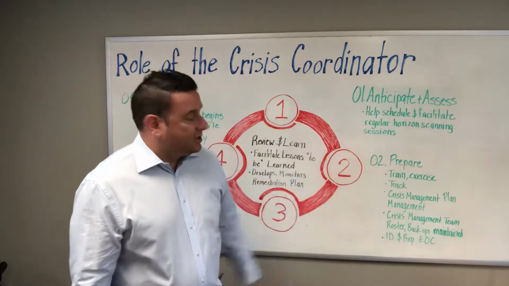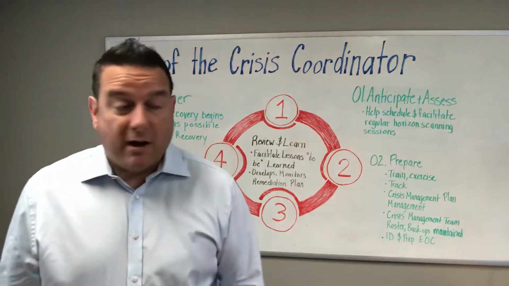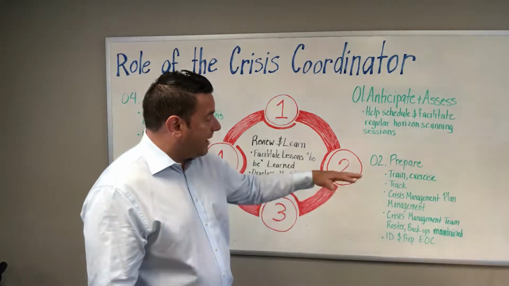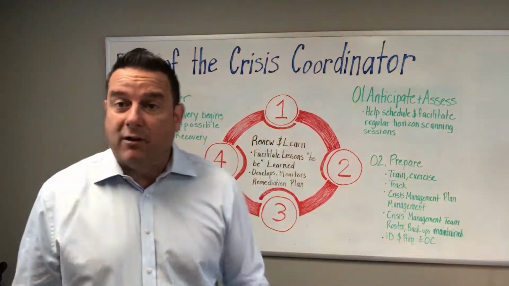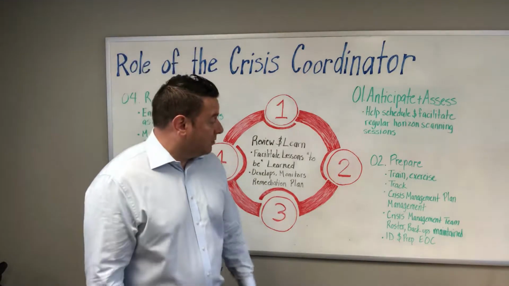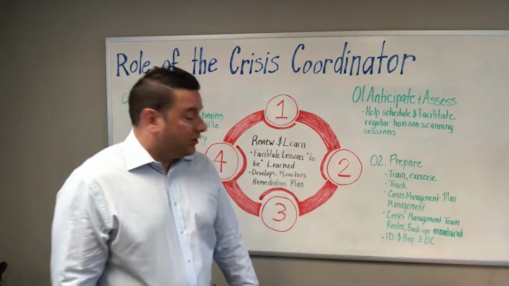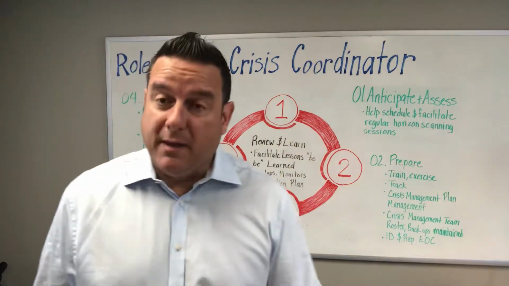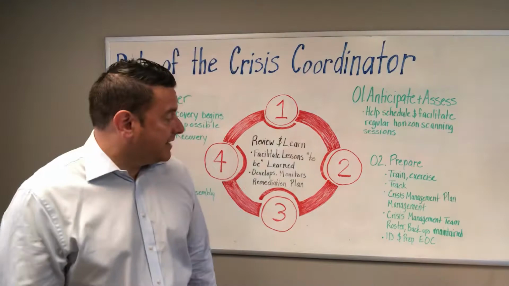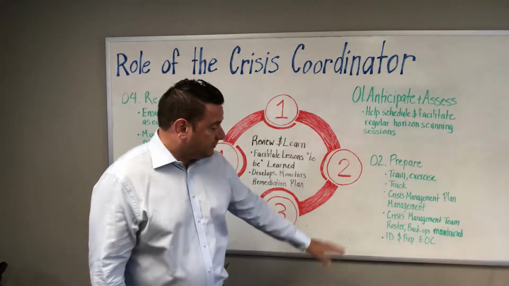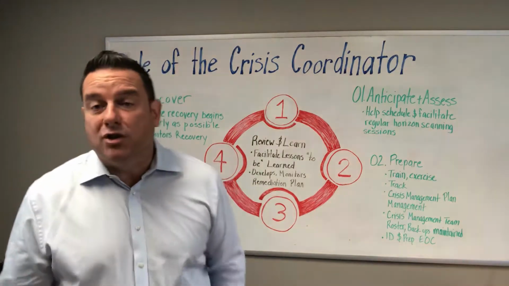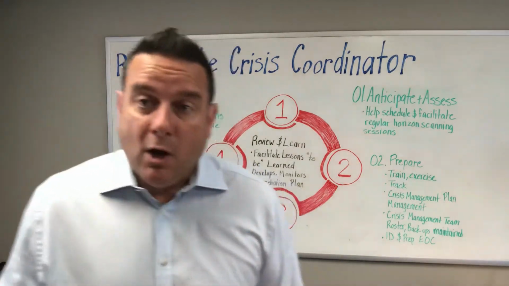The next thing is to prepare the team. And the crisis coordinator's role is to train and exercise, to track everything, to develop that crisis management plan if there's not one in place, or certainly manage it once it's in place. Make sure there's a roster of the team and the backups are ready to go, so everybody understands their roles and responsibilities. Make sure all that's maintained, and then identify and prepare an emergency operations center, or a war room,